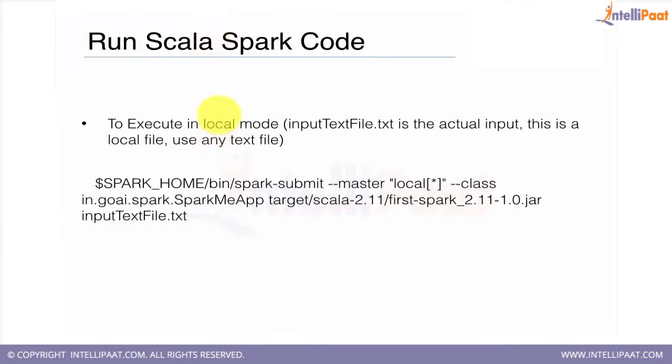So to execute in a local mode, you just figure out one text file that you want to use, whatever can be a text file. Just create any text file that you want to give as an input. And what I'm going to use is a command called Spark Submit, followed by --master, and I'm putting local[*],